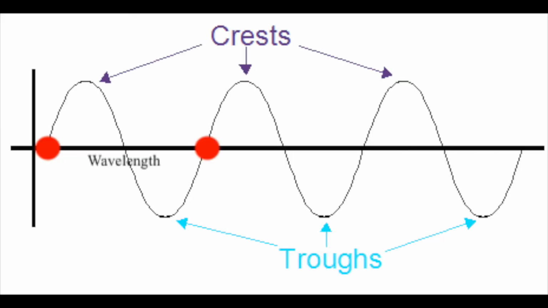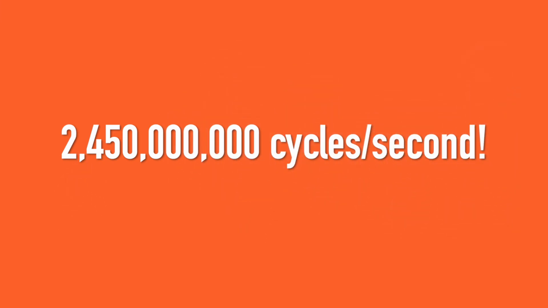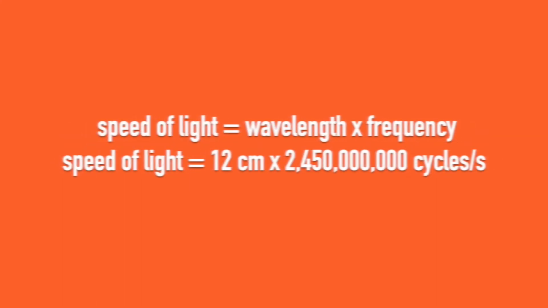But wait, why is that? Well, let's think about it. This picture showed us that it is one cycle. Also, remember this picture? The red dots mark the beginning and end of one cycle. So one cycle means that the wave has traveled one wavelength in that period of time. Since we have a microwave, instead of one cycle, it has 2.45 billion cycles. So we must multiply our instance of one cycle 2.45 billion times to find out how much distance the wave traveled in 1 second, which brings us back to our equation. Speed of light equals wavelength times frequency.